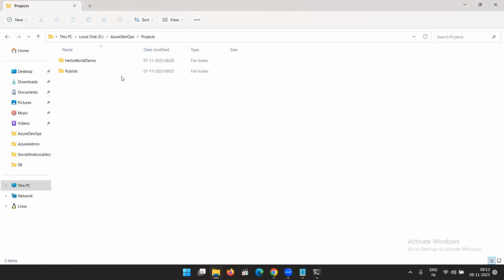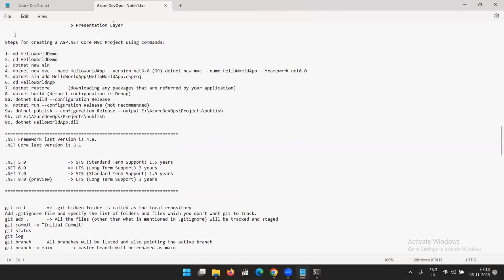And we have seen how we can create a project, or basically a .NET project, we created. So we have seen how to create a .NET project using the command prompt. Okay, steps. I've noted the steps for creating an ASP.NET Core MVC project, model view controller. Okay,